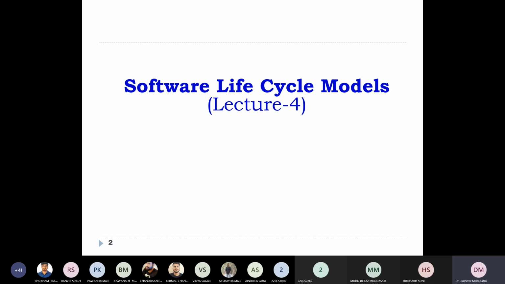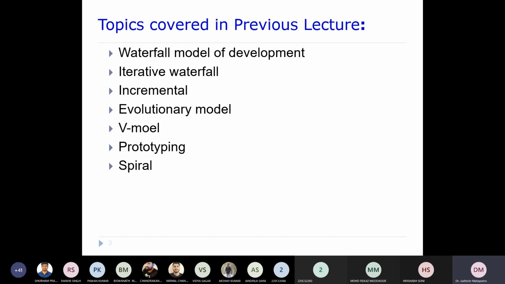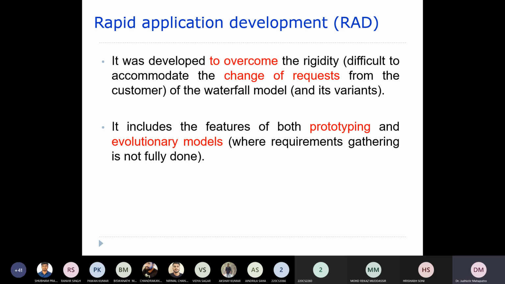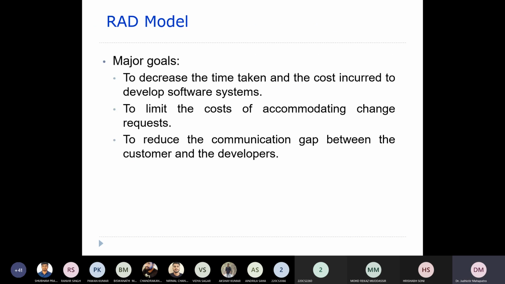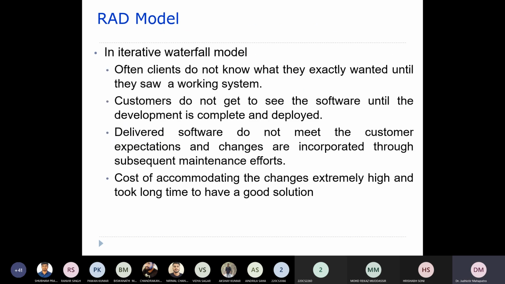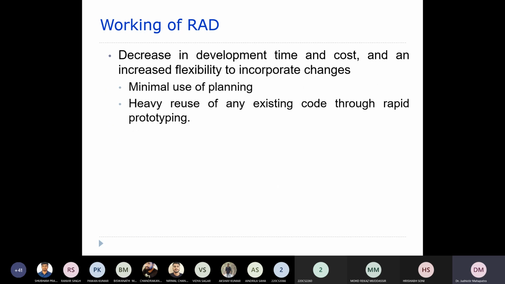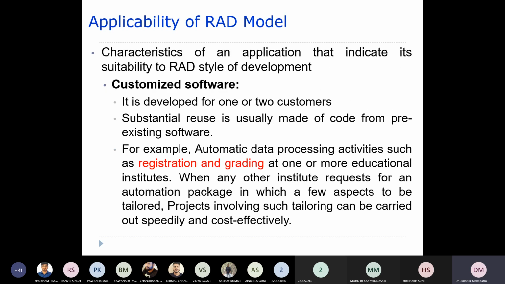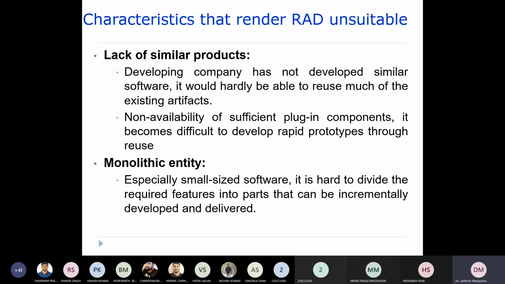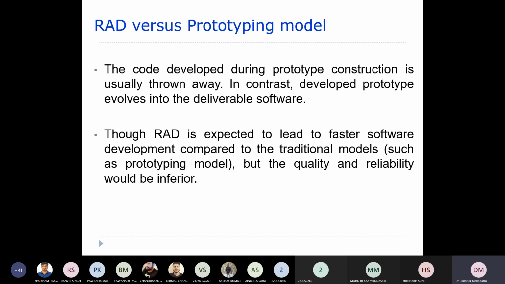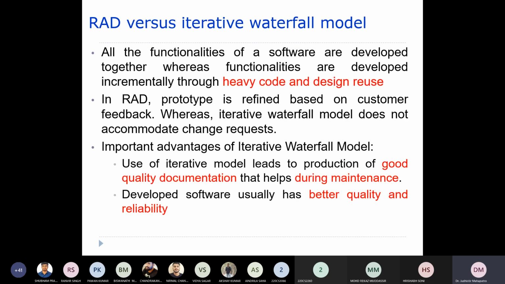So in our previous lecture, we have discussed the RAD model, and then we have also discussed the Agile model, right? So now we'll be talking about a few models under this Agile model.